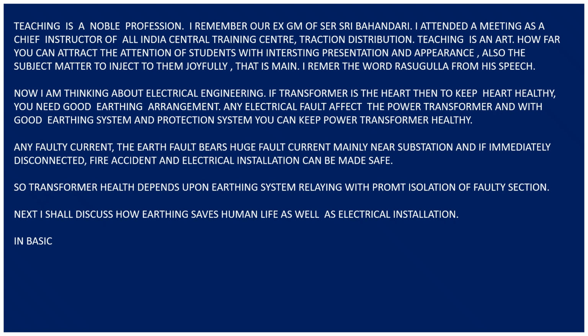But in domestic purpose, what are we doing? In domestic purpose, we are earthing the neutral point of the three-phase system in star connection. And without any transformer, the phase to earth voltage is reduced to 230 volt. After this earthing of the neutral point, the output can be taken from phase to earth and it will be 230 volt. But if you connect phase to phase, it will be around 415 volt. So what is the facility of the earth? You are getting phase to earth voltage in a reduced condition.